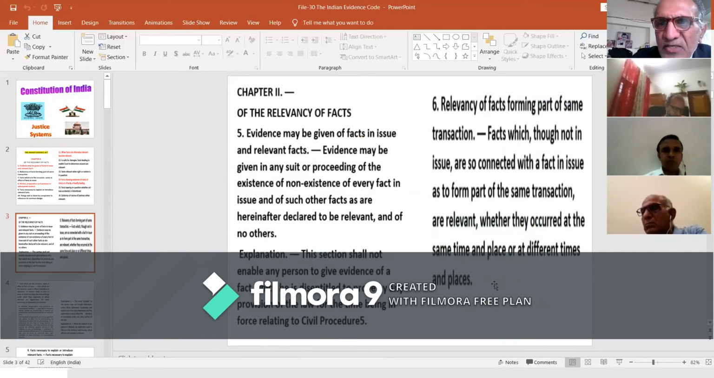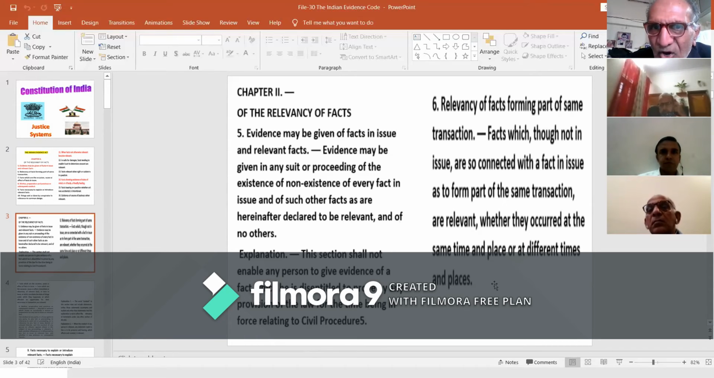I am reading section 5. Evidence may be given of facts in issue and relevant facts. So it is the first principle that we can lead evidence with respect to the issues and the relevant facts. Evidence may be given in any suit or proceeding of the existence or non-existence of every fact in issue and of such other facts as are hereinafter declared to be relevant, and of no others. So this section 5 specifically provides that evidence can be led with respect to the